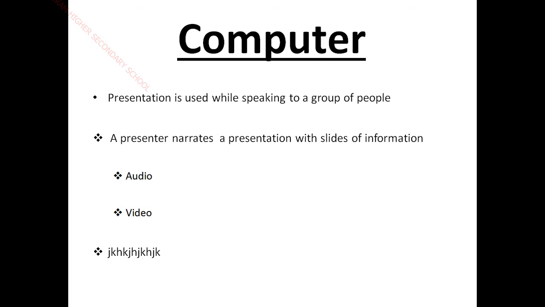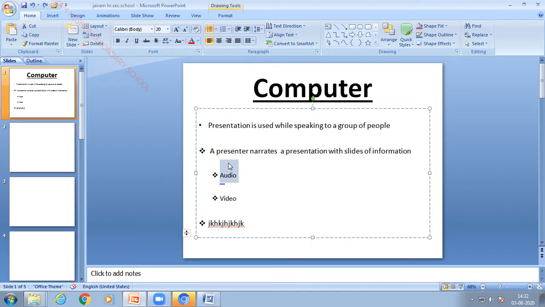There are many movement keys on the keyboard: left, right, top, bottom. You have to use the right arrow key to move to the next slide. So this is the way you can move. At the end of the presentation, you will see a black screen where you have to press the escape key to come back to the main screen. So this is the way you have to play a slideshow.